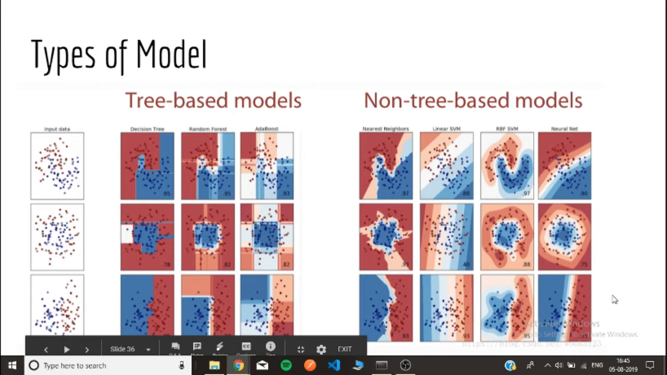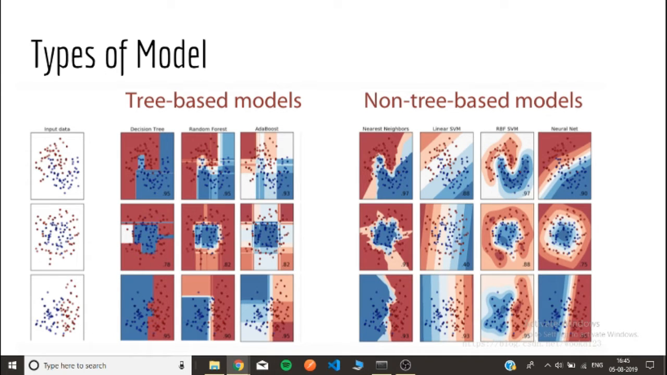Hello guys, in continuation with this section, we'll first talk about the types of model that we have in machine learning. The models are classified into two broad categories, namely tree-based models and non-tree-based models or linear models. Tree-based models work on splitting regions and work with multiple categories of data. They are capable of handling non-linear relationships among data,